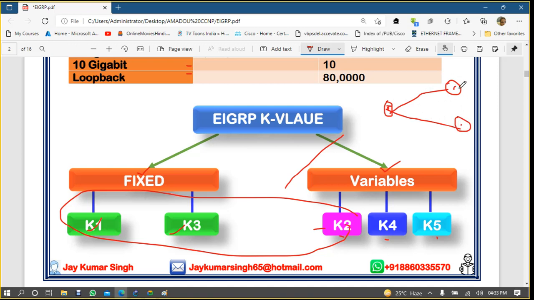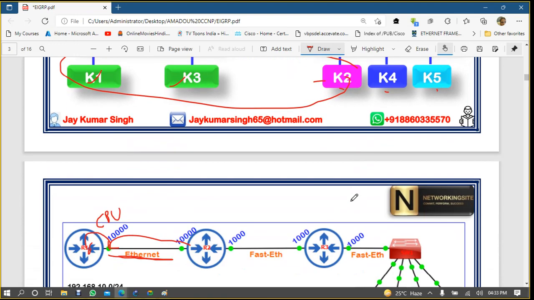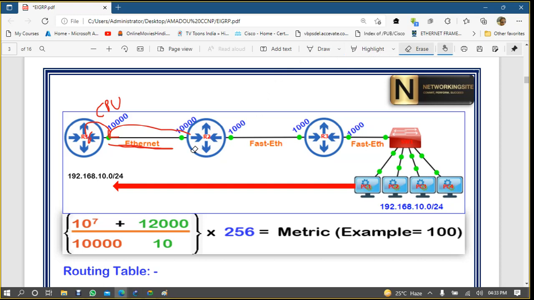From this side, sometimes if the load is low, your routing table will say that all the traffic should go via this one, right? But sometimes if the load is high on this side and low on the other side, you will say, this time go from that side. So every time you change the preferred gateway or best path, you are changing your routing table as well. That's why they do not use these kinds of variable components, because they are not fixed.